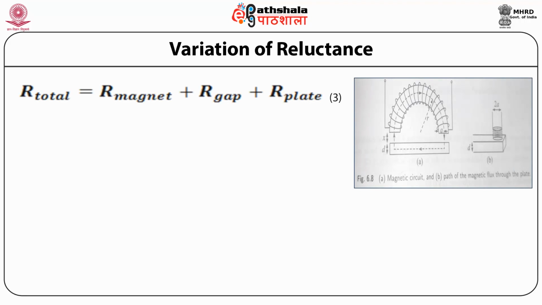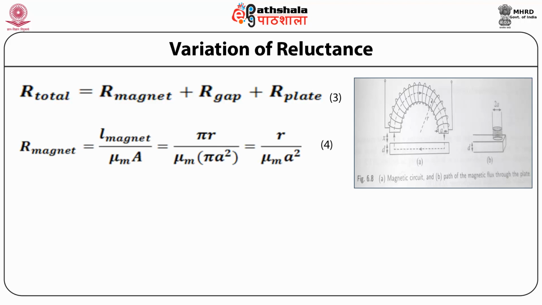That is, R total equals R magnet plus R gap plus R plate. Now we can write R magnet equal to l magnet by mu m A, equal to pi R by mu m pi a squared, equal to R by mu m a squared, where R is the radius of curvature of the semicircular ring,